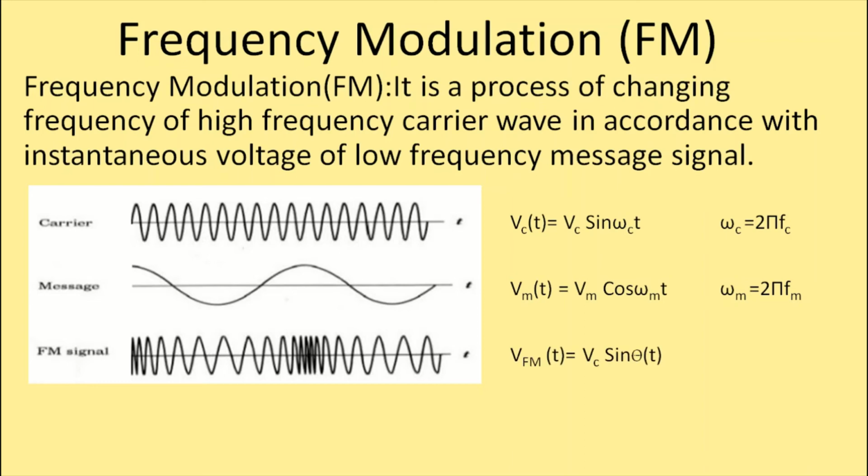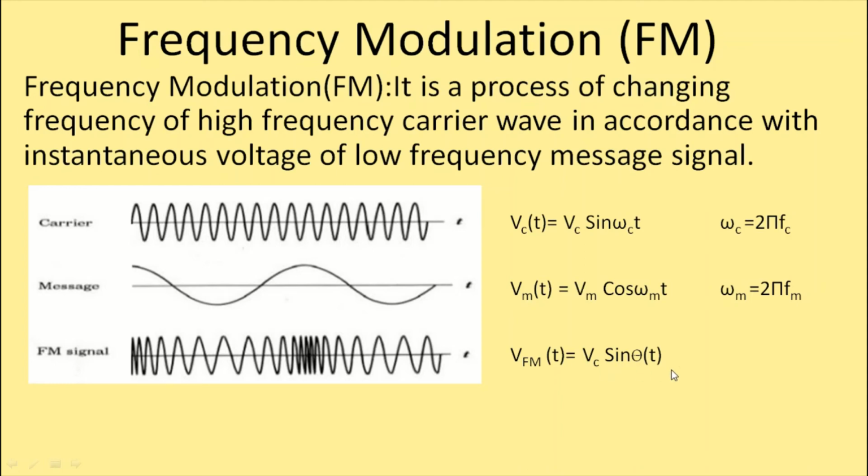Moving on to the third signal, that is FM signal, the representation is Vfm of t is equal to Vc sine theta of t. Now here Vc is of course the amplitude of the FM signal. If you observe throughout the signal for all the different time instants, observe the cursor movement. For all these time instants, the amplitude of the signal is constant and it is equal to the carrier amplitude. So that is the reason we have taken this as Vc, and the complete expression is Vc sine theta of t,